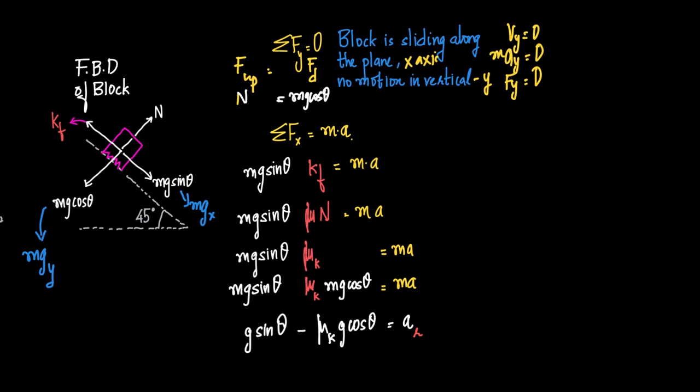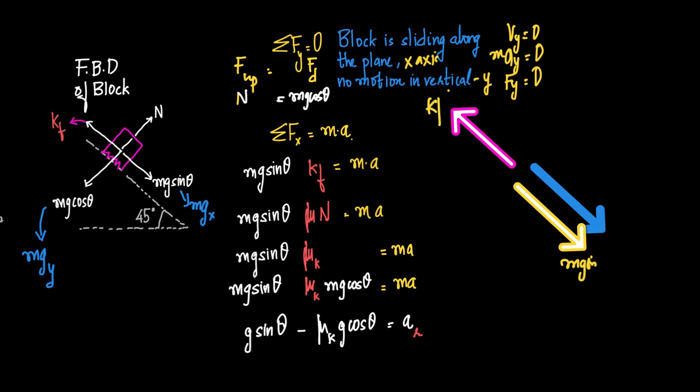So say the net direction of motion is along the plane, right? Kinetic friction is acting against it. Mg sin theta is acting along it, right? So we have mg sin theta along it, whereas kinetic friction is against it. So against the net direction of motion, we will take it to be negative. Along the net direction of motion, we take it to be positive, and therefore we'll write it as plus mg sin theta